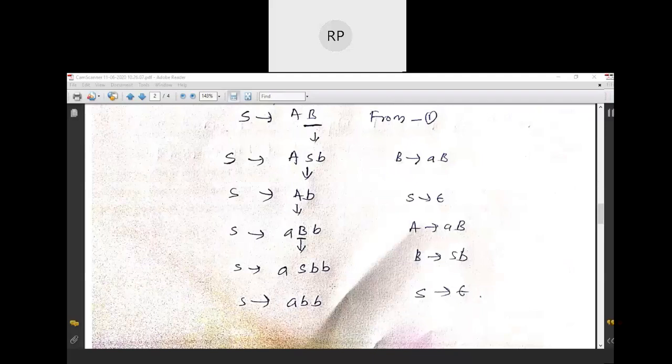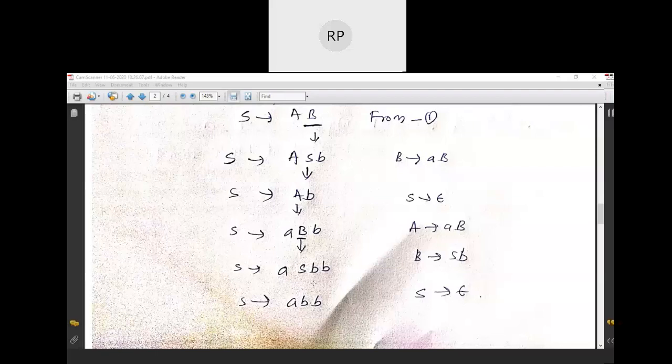Then scan from right to left. Scan b, it is terminal. This b, it is terminal. Then you are going to scan S. This is non-terminal, meaning you are going to replace this S. Now you have almost got the required string.